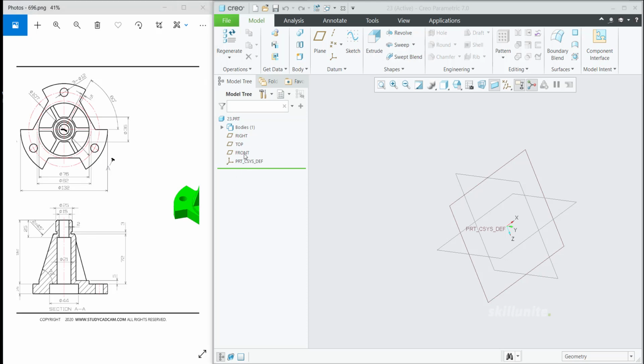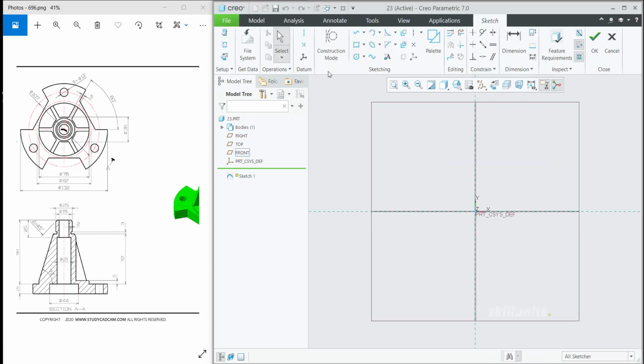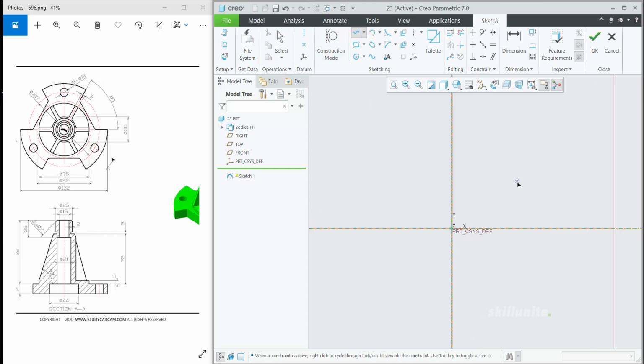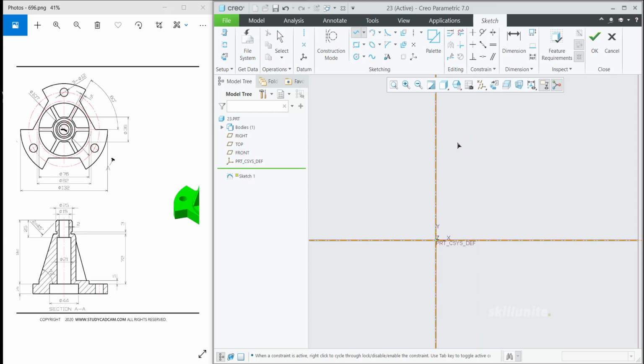So first of all, select a particular plane, then go to sketch option. So making it normal. Create a center line because we are going to use revolve option over here. So vertical and horizontal. Once it is placed, just create a reference line so that we can create a dimension for it. Then we can go for other options. Once you create this one, go to dimension, select the line and click over here. Mention the value. This is 15 mm. So we are going to give half, so that is 7.5.